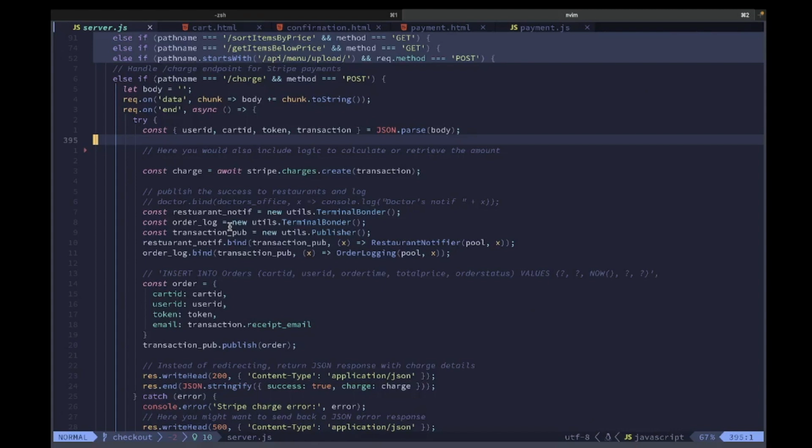Using the publisher and subscriber design pattern, we are able to publish the transaction to both the order's history logging and to notify users and the restaurants of the transaction. We use this pattern in order to build in future